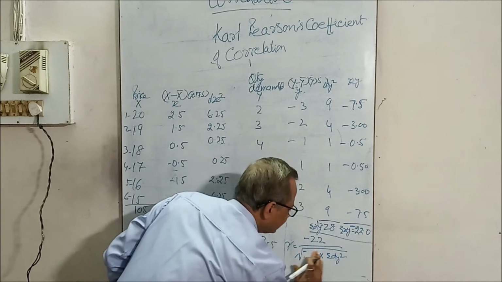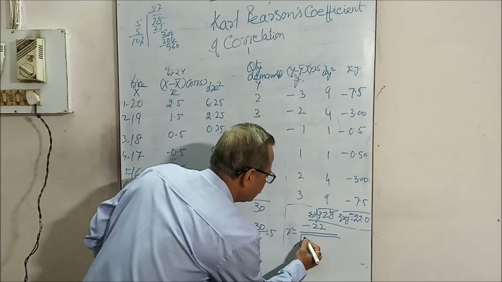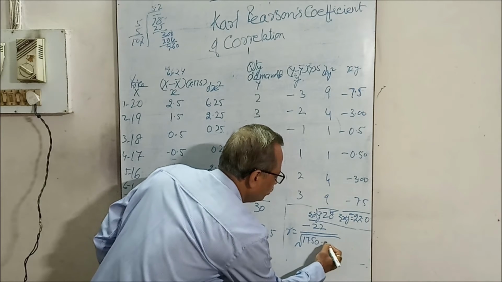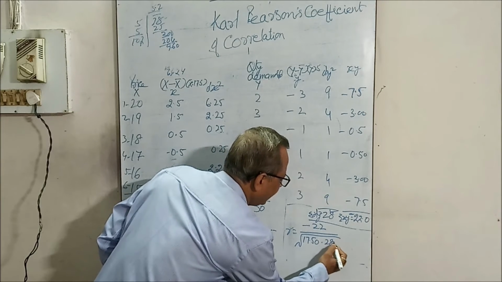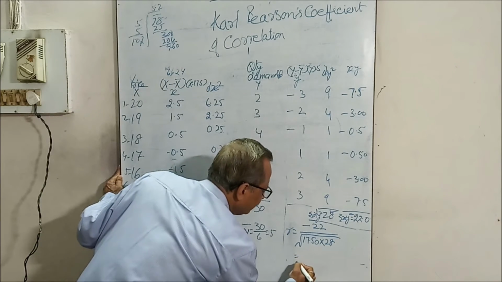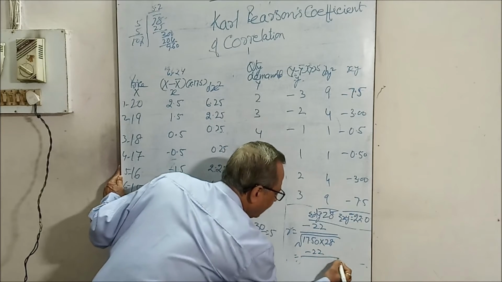Now write directly: minus 22 upon under root 17.50 into 28. Then you find minus 22 upon